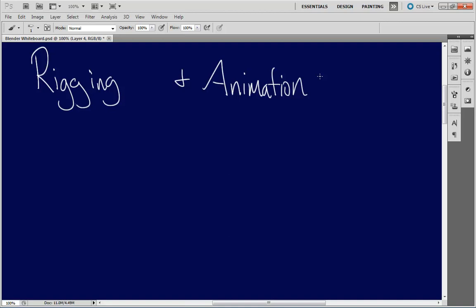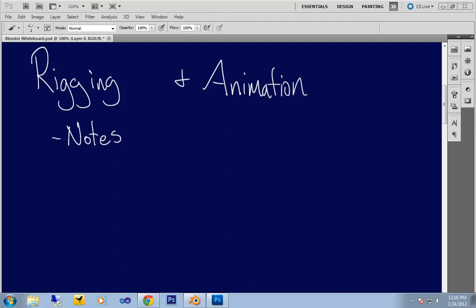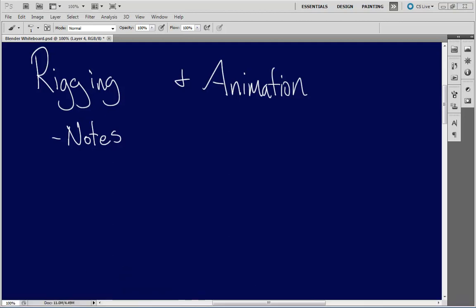Now, I want to get a couple of points out of the way, some things that you should know about this process we're going to be going over. One, there are notes already for you. This is something I have put together kind of like an experiment. I got to go to 3D Buzz real quick and get a browser. And after you do that, go ahead and hit Control-Shift-B. I'm trying to remember that hotkey combo. And let's see, over here in the forums. You can just drag it onto the screen now.